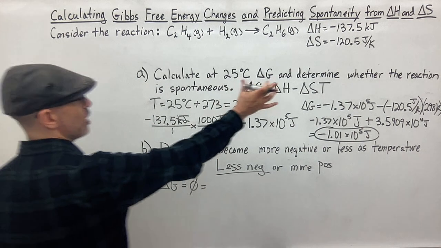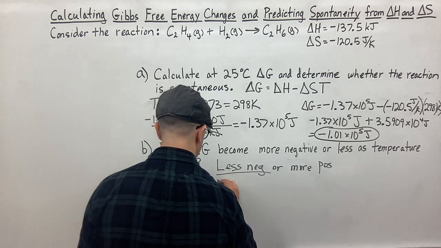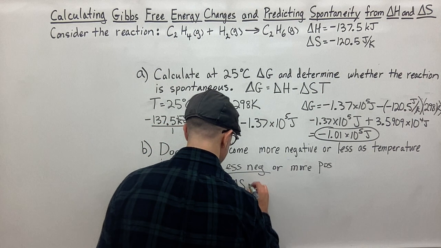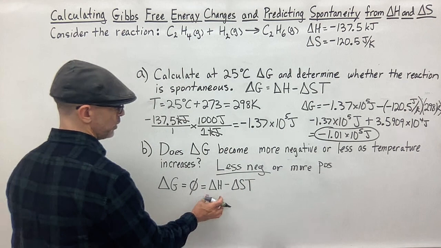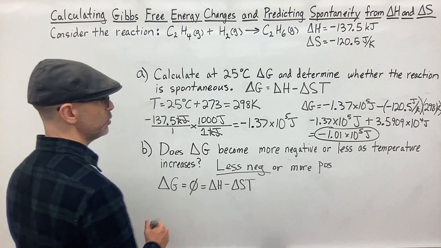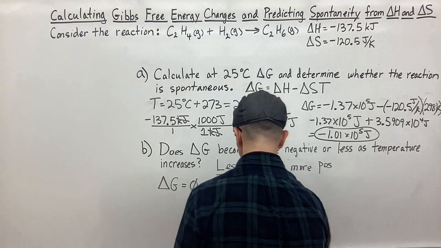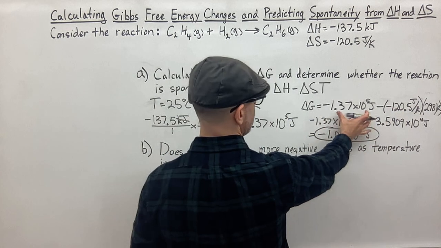And again, we'll use our equation, right? So that's going to be equal to delta H minus delta S T. So now all we need to do is plug in our delta H and delta S again and solve for the temperature. So let's go ahead and do that. So then delta H is the same as before. So delta H, our negative